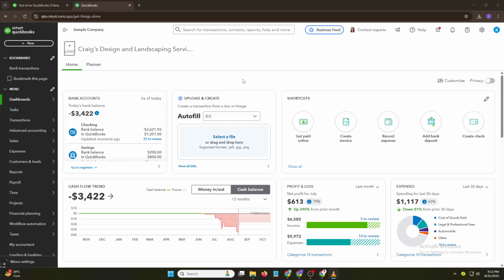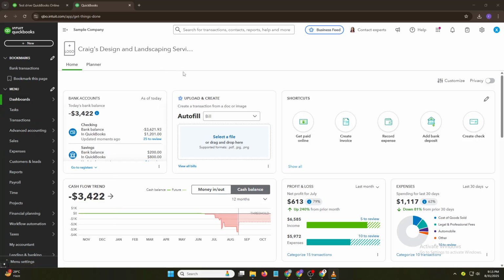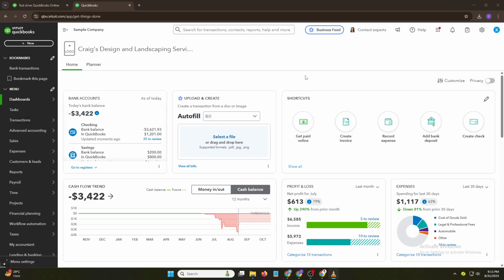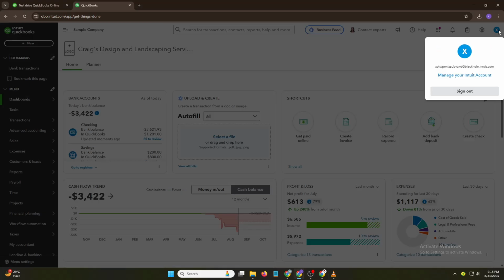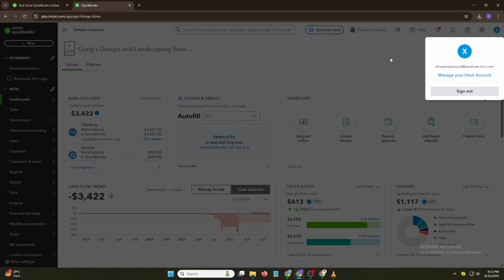If you've ever struggled with setting up your chart of accounts in QuickBooks Online Accountant, you know how time-consuming and confusing it can be, especially when managing multiple clients. Well, today I'm going to show you how to create chart of accounts templates in QuickBooks Online Accountant for 2025, a full updated guide that will make your accounting process faster, cleaner, and more organized than ever. So stick with me till the end because I've got a few pro tips that will save you a ton